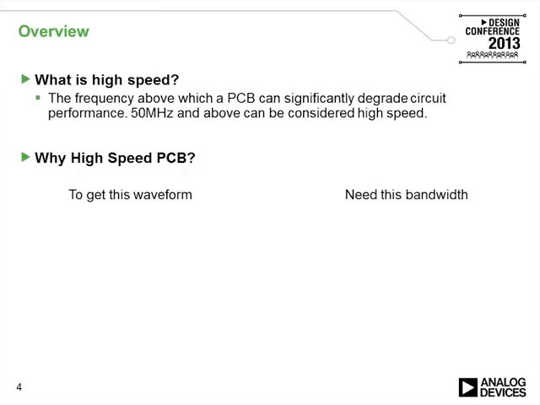The next question might arise, why high-speed PCB? My frequency is 1 kilohertz. I might not need a high-speed PCB. Here is an example. On the left side, to get a square wave at 1 kilohertz frequency, the question is how much bandwidth do I need? So